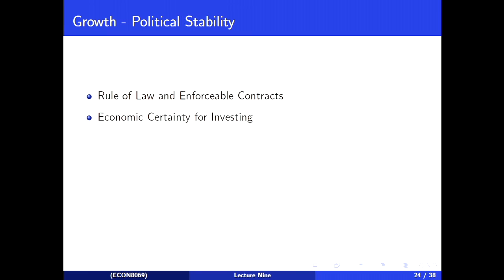So economic certainty is going to be very, very helpful, because otherwise there's no point saving, because there's going to be a revolution anyway, there's going to be massive inflation anyway, there's going to be huge problems regardless, so why would I bother trying to save for 5 years' time when it's going to be taken from me anyway? So economic certainty for investing. This is also at a more basic level an ambiguity aversion type of thing. What I do in my own research is ambiguity aversion. This is an ambiguity aversion type thing.